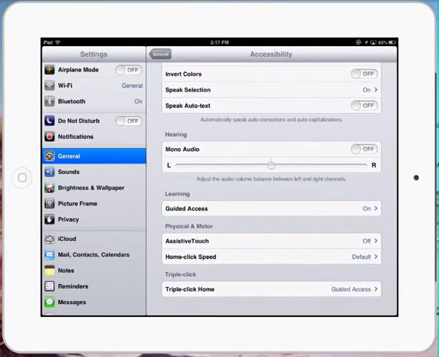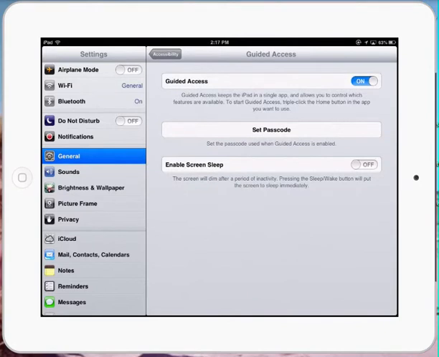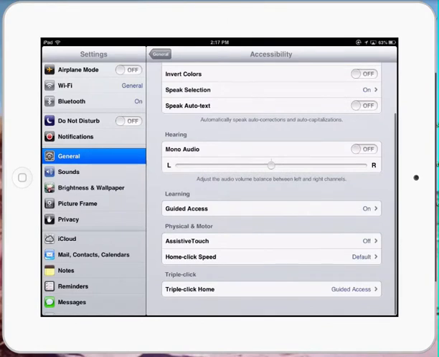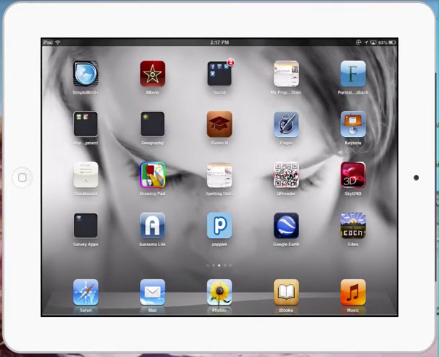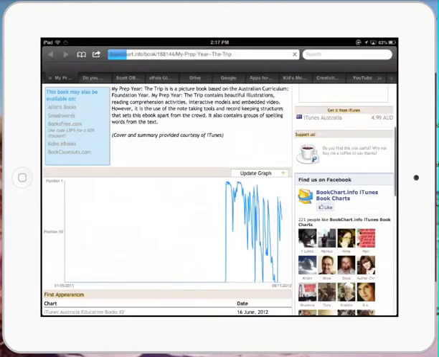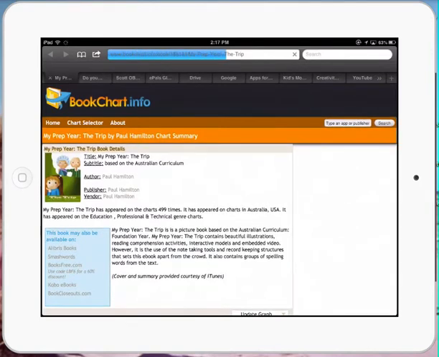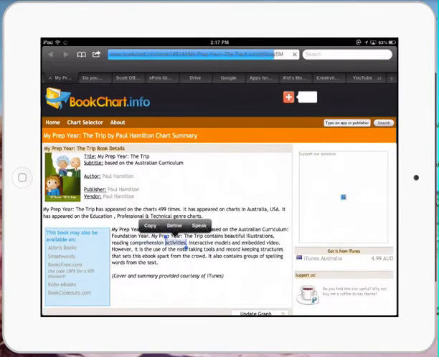We can also do things like guided access, where we can actually allow the teacher to keep students within an app. But if I just look at that Speak selection, if I get out of this now and actually go to a web page of some sort, so here we've just got a web page, if I hold it down and actually highlight some text, you can see at the top it allows me to press on the Speak, and the Speak actually says the words